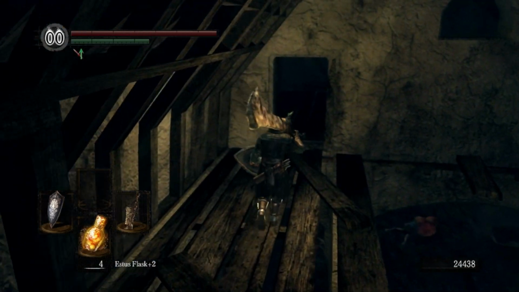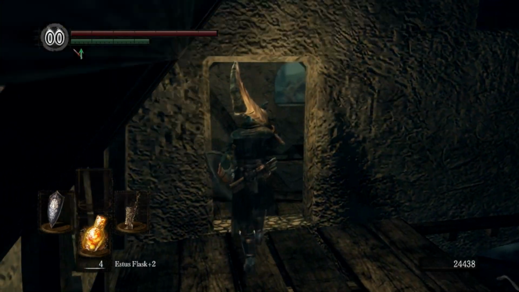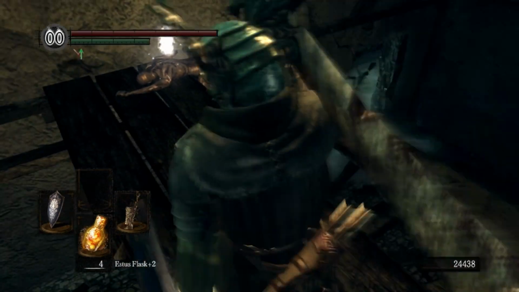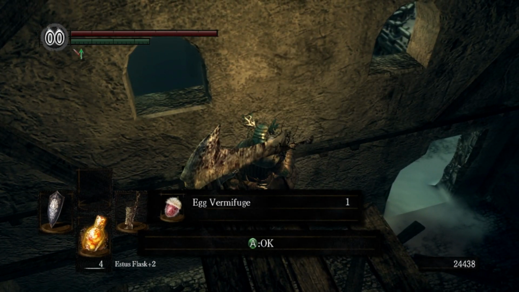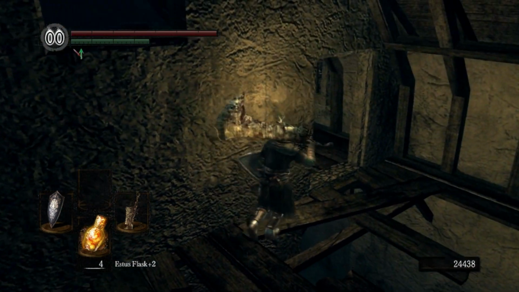Alright, let's see. There's also a ladder over there, but there's also a door here. So let's go through here just to see where this is going to take us to another item we would have missed if we went down the ladder. Egg vermifuge. I don't think we've picked up that yet. So basically what that is...